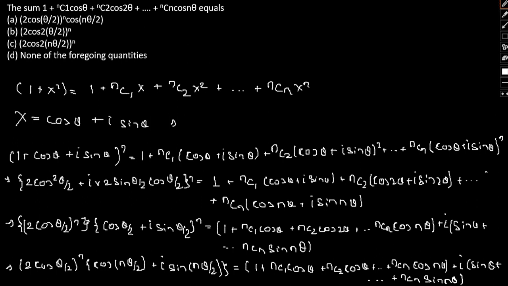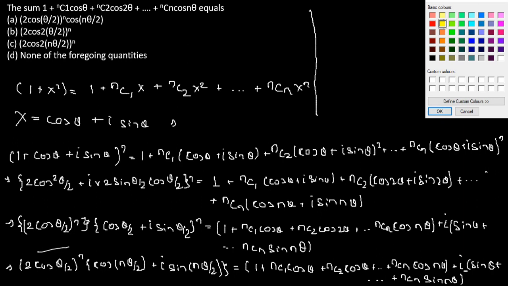Okay, now if we just equate the real part of the solution, the real part being the cos component, since we have i over here, the entire i part will simply be the sine component of the same, because we can actually ignore the sine component. So let us just equate the real part of the equation.